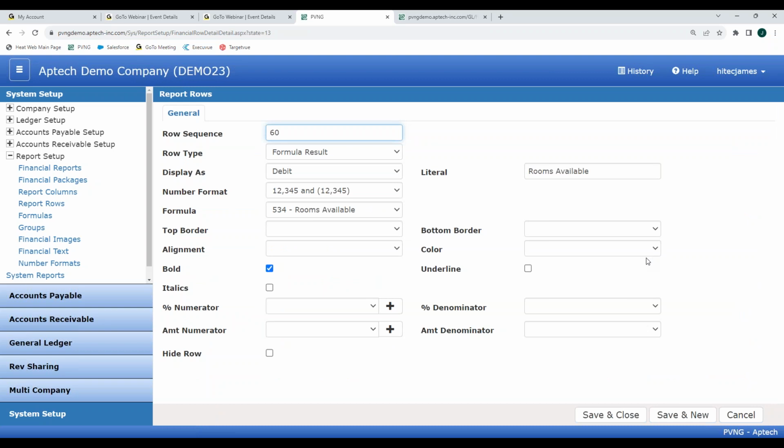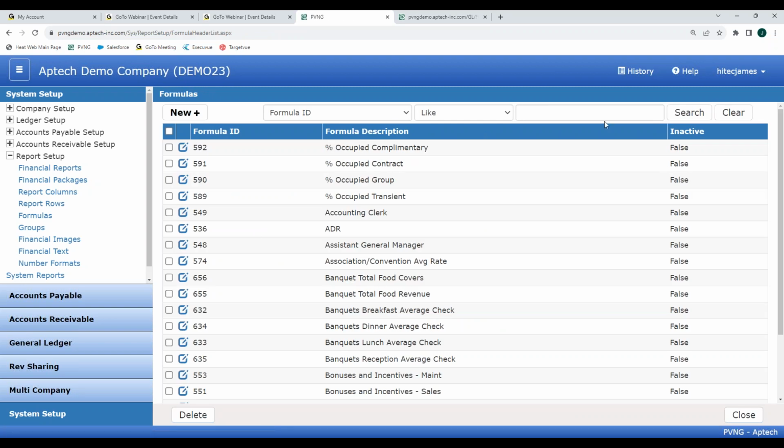when I click into these, this is where we can actually get pretty specific on what's being displayed, what amount is in that numerator, what's in that denominator. And then if I want to use a formula that's already built, this is where you can input that. So within this row sequence here, I'm utilizing the formula rooms available. I talked about how you build this from the ground up. If I toggle over to my formulas here, we can see 534. Within my formulas, if I search for that description,